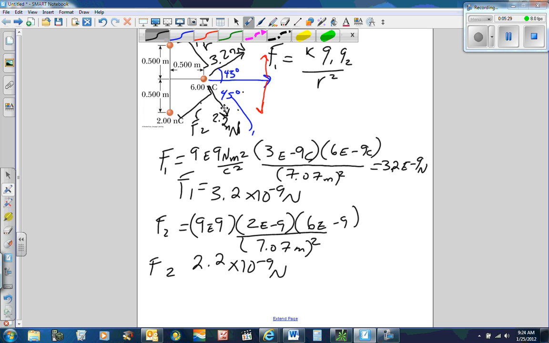And so if this is my hypotenuse, I know the angle, then cosine is going to be the x and sine is going to be the y. Add your two x's, subtract your two y's, and that'll get